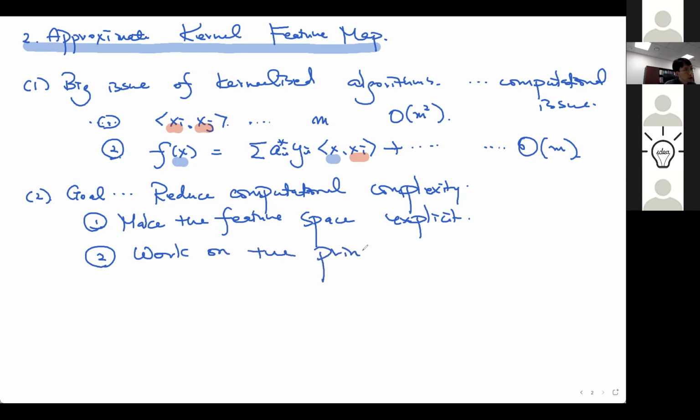What that means is we make the feature space explicit. We have a feature map V that takes inputs to some space R^n, and in our solution for this computational complexity problem, n is always finite. And then instead of,